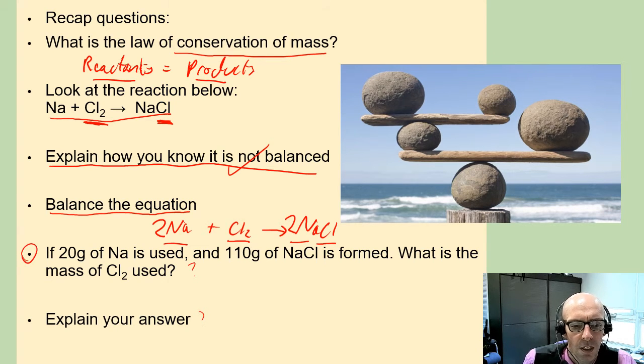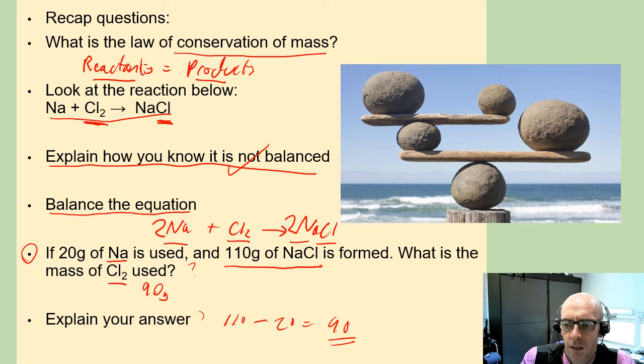This question: if we use 20 grams of sodium and we make 110 grams of this sodium chloride, how much chlorine was used? Well, 20 grams plus something makes 110, so it must be 90 grams. And explain your answer: well, 110, if you take away the 20 that was sodium, it equals 90, which must have been chlorine. 90 grams of chlorine. Okay,